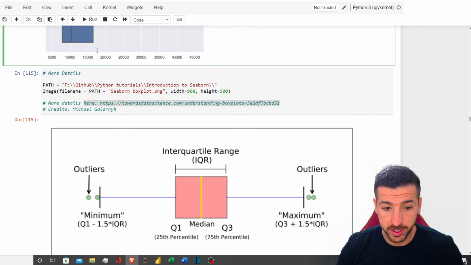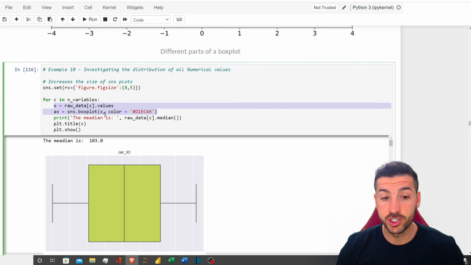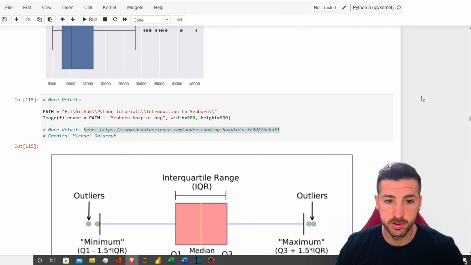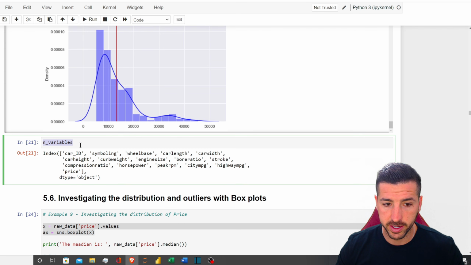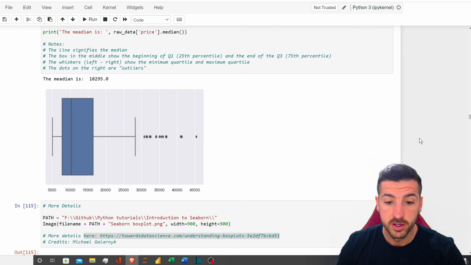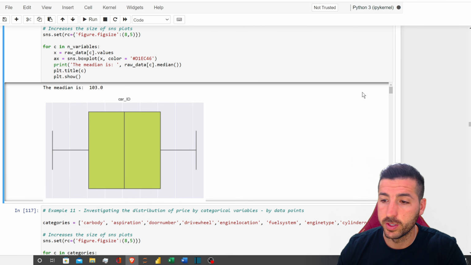So we can copy this, paste it over here, and change this price that we had before into our c, and c is going to be all the columns in our numeric variables, which we created in the step before. So if we run this quickly,